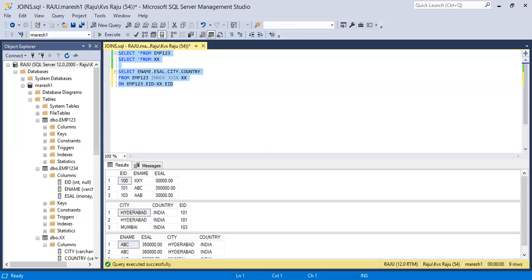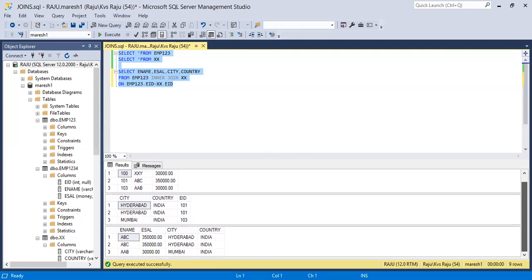So this is my first table and this is my second table. What is it going to do? Inner join is going to display only the matched records from both the tables, based on EID. EID 101 record is this one, and its name is ABC, its city is Hyderabad and the country is India.